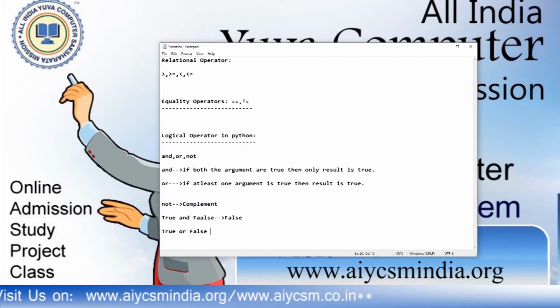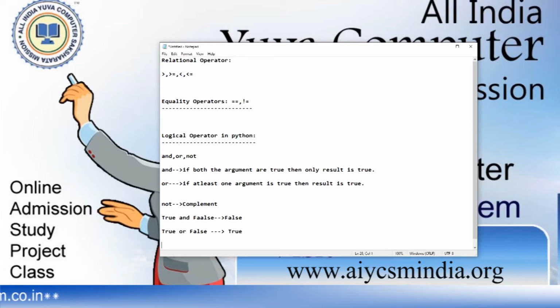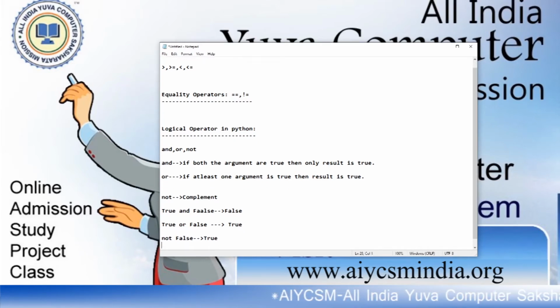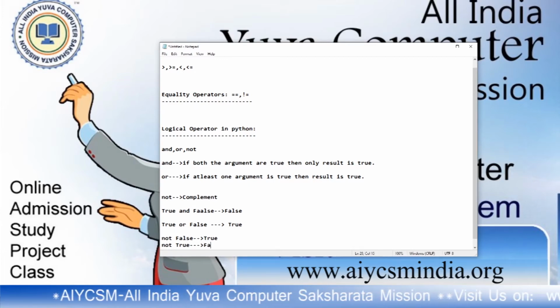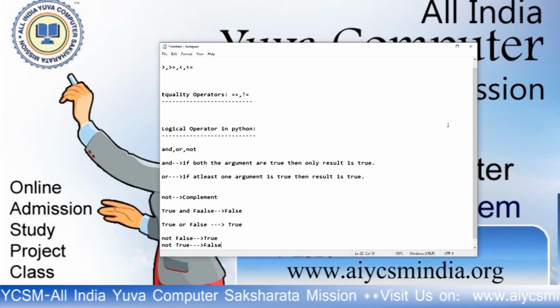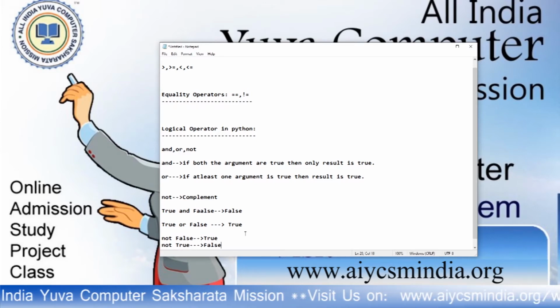If you use or, then it is true, and not false means true, and not true means false. It is the complement. Okay. So, this is the logic.